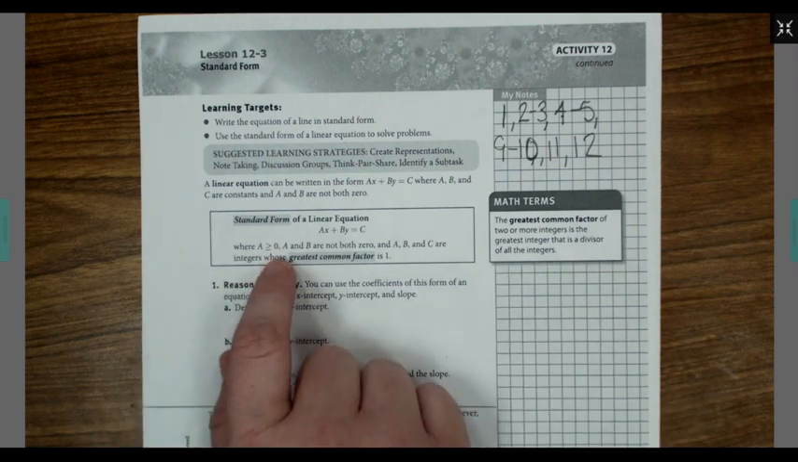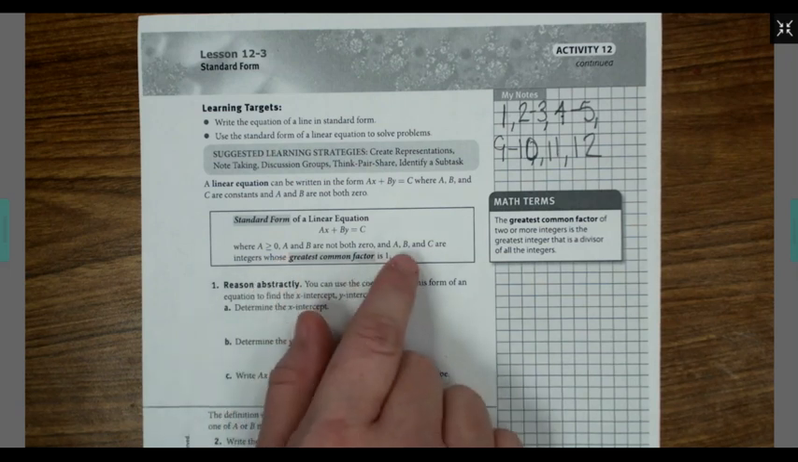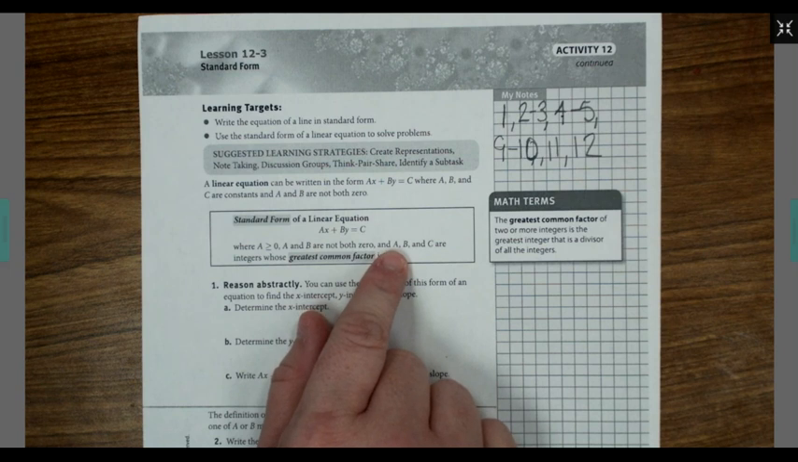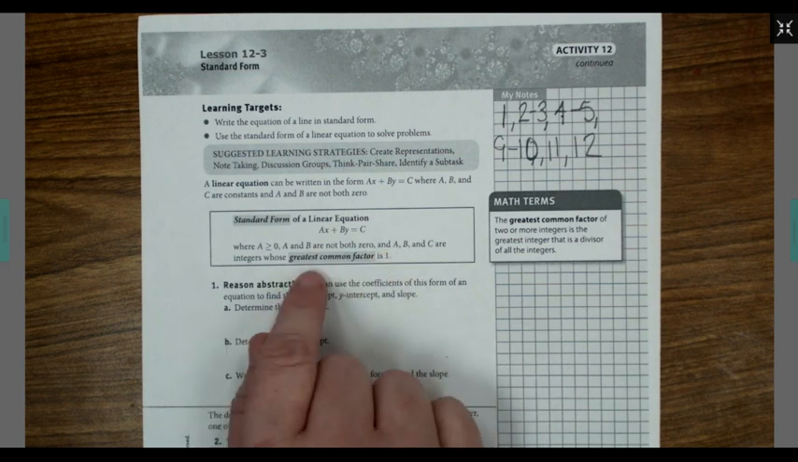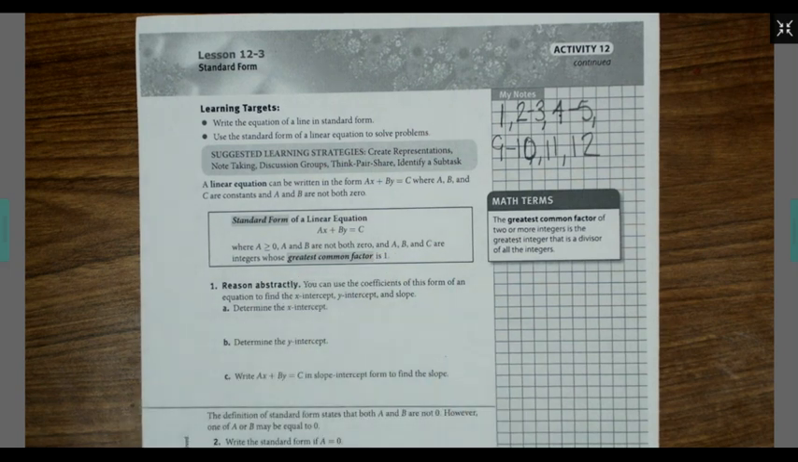Standard form of a linear equation: ax plus by equals c, where a is greater than or equal to 0, a and b are not both 0, and a, b, and c are integers whose greatest common factor is 1. Number 1,